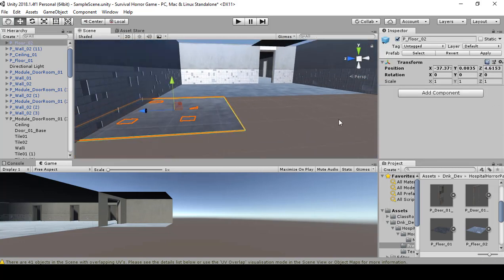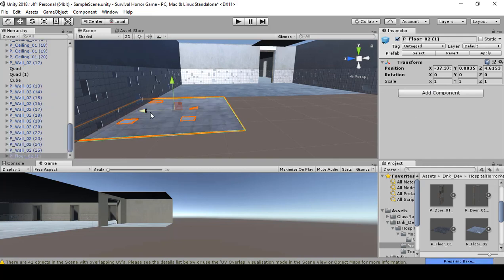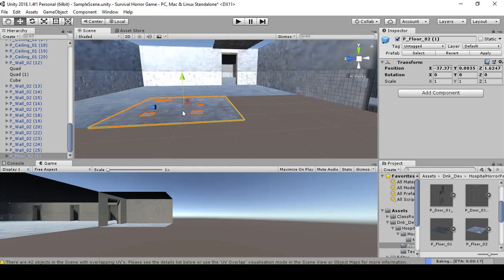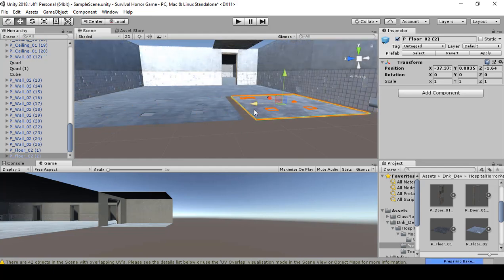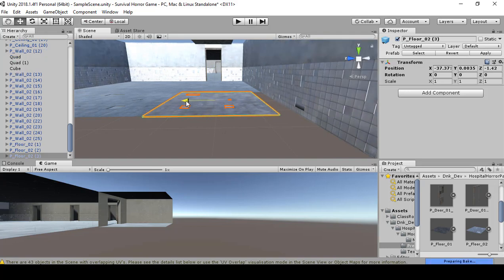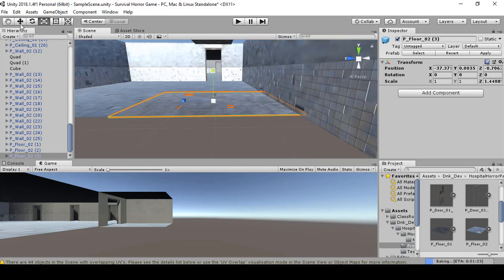And I'm going to make some duplicates over here. Control D. Snap it in. Control D. Snap that in. Now I'm not going to make a duplicate. I'm just going to use this scale tool and scale it out a little bit, and then